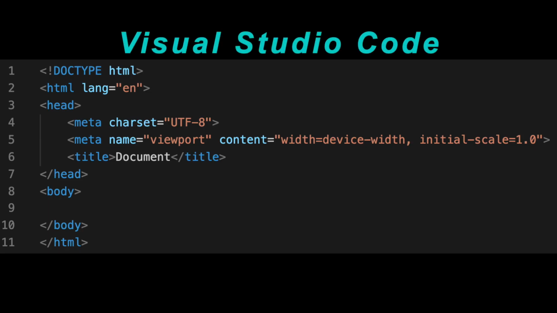If you are using VS Code, then it's similar to Sublime, and you get even the meta tags and the language pre-filled, so it's even lesser work there. And for other text editors too, there might be some shortcuts like this to create it. You just have to search for it in their documentation or online.